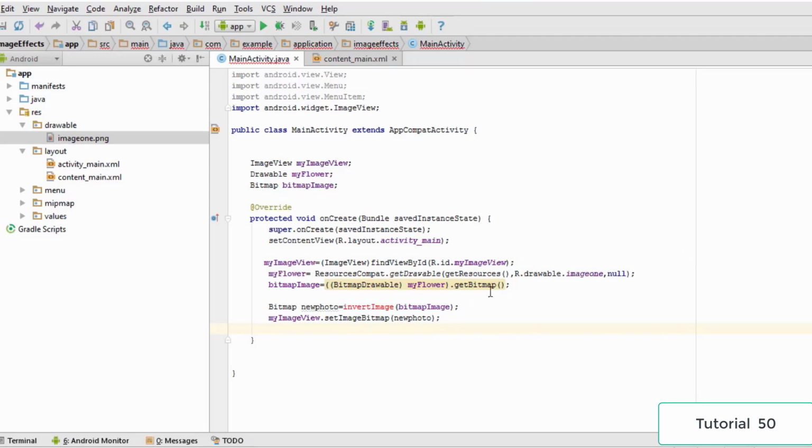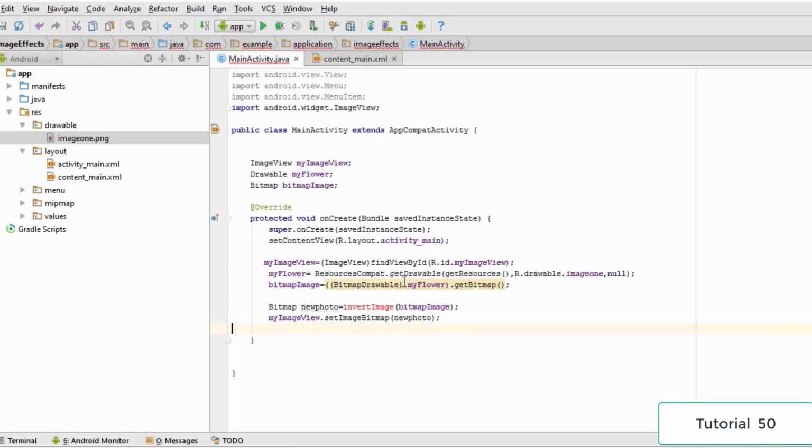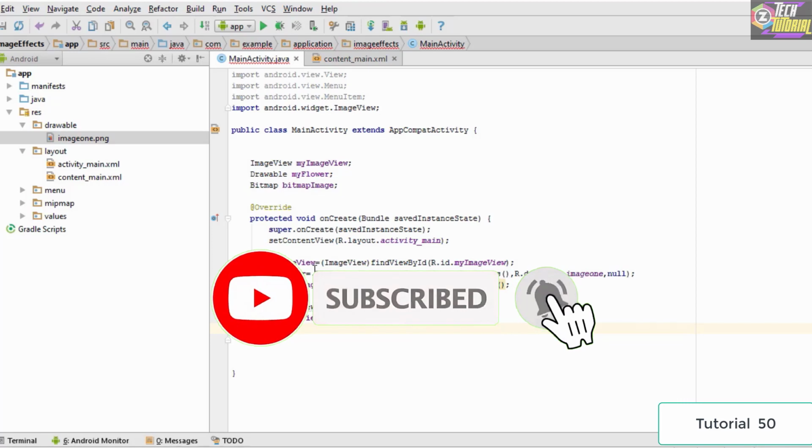Hello and welcome to this tutorial. In this tutorial we'll be inverting the image, and we'll be writing the code for inverting the image. In the previous tutorial we have already got a reference to the image view. We have already added the image to a particular variable. We have already assigned the image one, which is the current image we are working with, to the variable